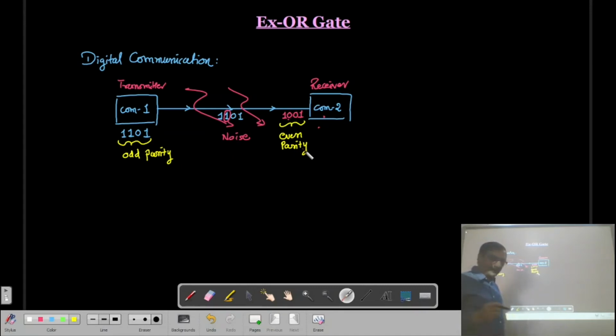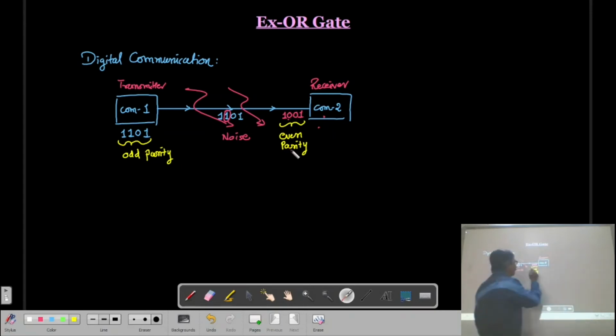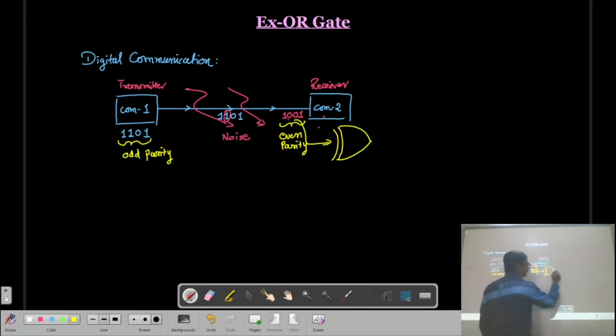Correct? And therefore, to check whether this information is correct or not, it can be checked with the help of an exclusive OR gate. So whatever information is coming here is given to an exclusive OR gate, at the input of this, and if this Y comes out to be a 0, because the communication is through an odd parity.